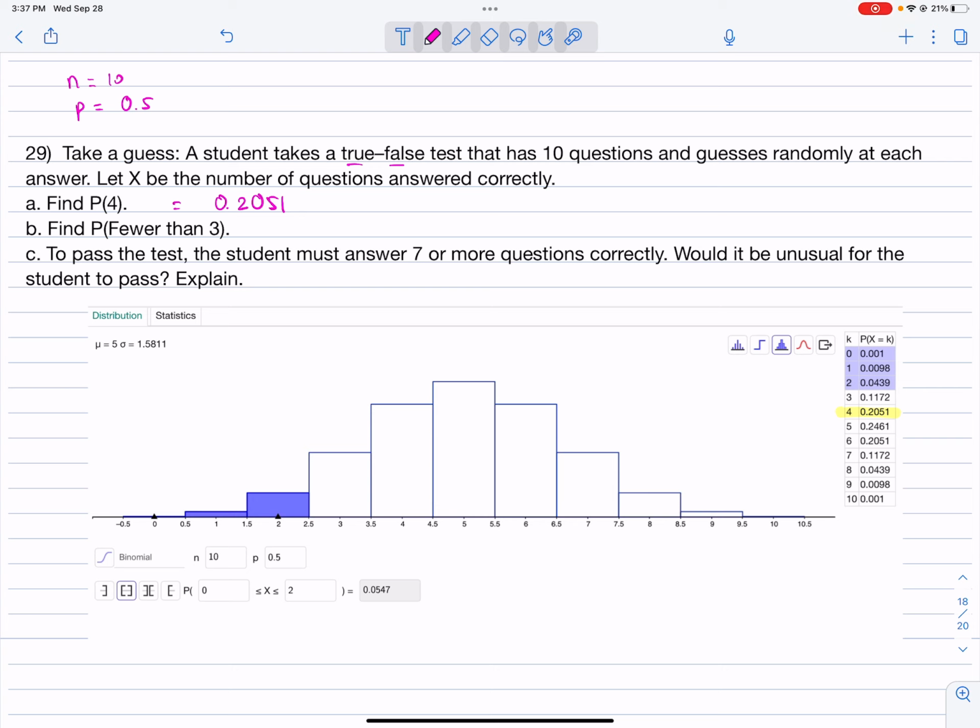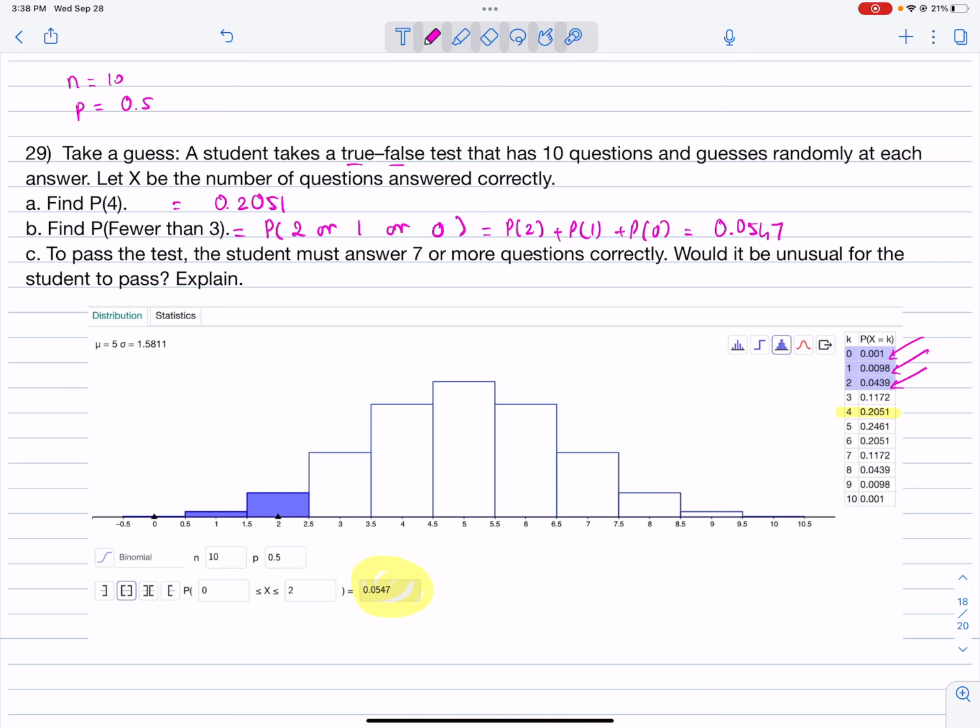Problem B, find the probability of fewer than 3. Fewer than 3 means the probability of 2 or 1 or 0. They are less than 3. Using the addition rule, we will have the probability of 2 plus the probability of 1 plus the probability of 0. So they are here, here, and here. What you do is add them up. However, you can just click, and it will highlight like this for you. And you look at the answer right here. So you will get the answer, and that is